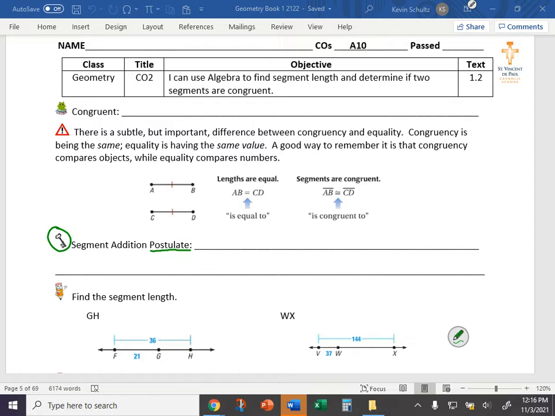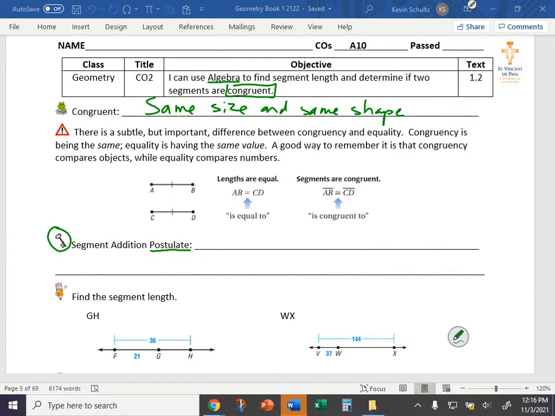But anyway, we're in geometry, but we're already using algebra. We're using algebra to find segment length and determine if two segments are congruent. What does the word congruent mean? You've seen this in your math packets since the beginning of last year. Gino? Not quite. You're close, but there's a minute difference. Mackie? The same. Okay. Congruent, in our purposes, is going to mean the same size and same